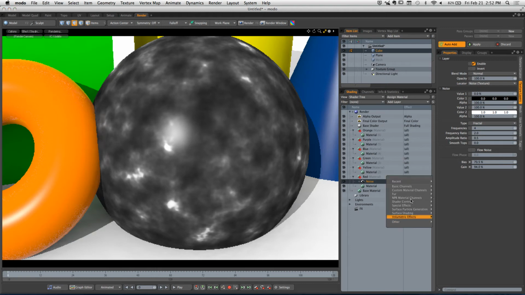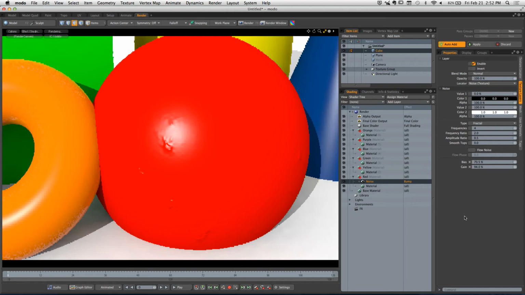Now, one of the things that we have access to here is an effect called bump. Okay? All surfaces are rough. There's little pits and grooves and peaks and valleys across the entirety of our surface to yield the results that we want. Okay? We can control this, and we can create this quite easily inside of Modo using a number of different techniques and a number of different processes. We're going to go through these over the next couple of weeks,